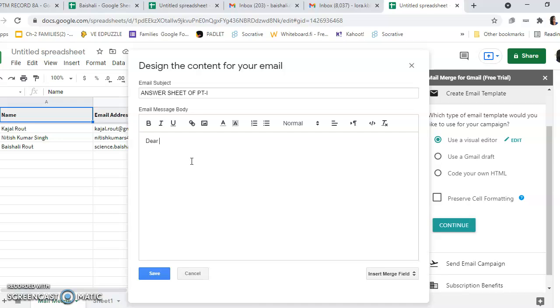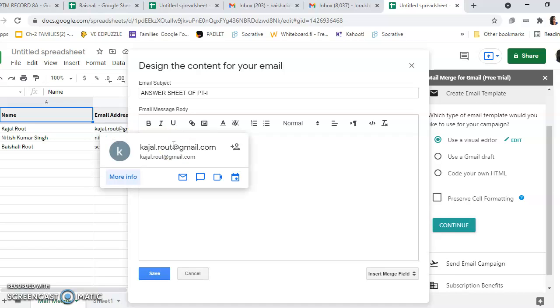Now if we want to write to parents, then we can write dear parent, this is so and so. But if you want to make it personalized, then you have to write the name of the child. For that, you have to insert curly brackets without any space. Write down the name as it is written here in the column. You have to write down name.